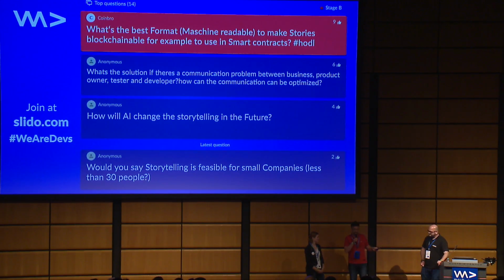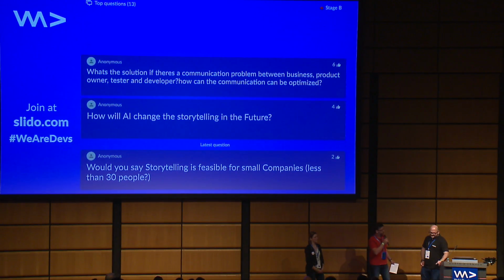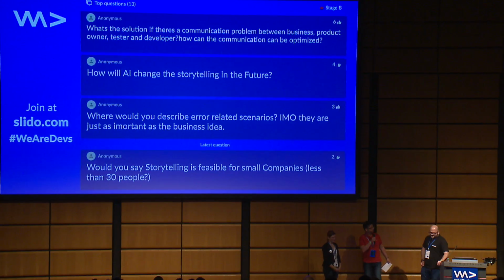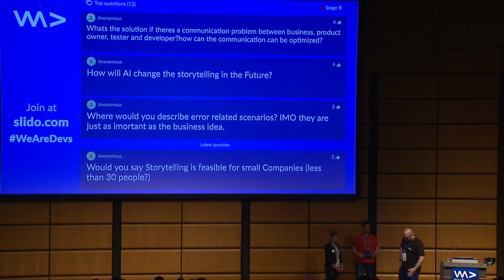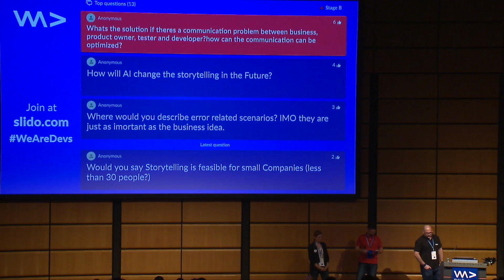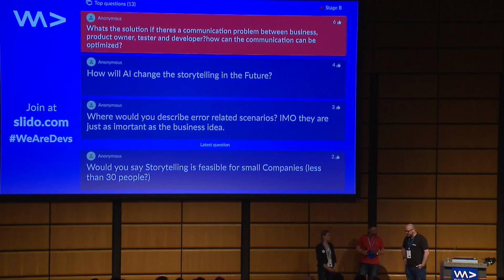Right, maybe, and there's no answer for the next question: what's the best solution if there is a communication problem between the different stakeholders and constituents? Yeah, that's a very difficult question. A question we all fight, we all know. To be honest, you have to get out the personalities. You have to get out egos. You just have to be a professional, right?